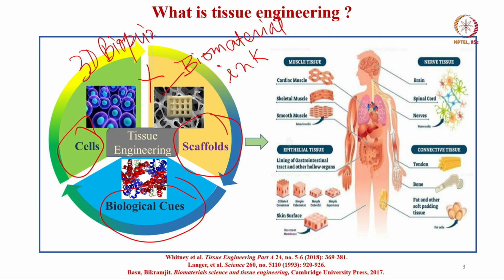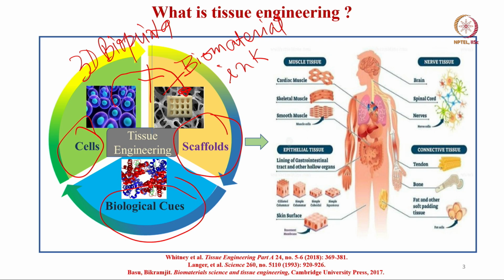So, add cells to it means you encapsulate cells within the scaffold, and the cell encapsulated scaffolds you are essentially 3D printing into a complex structure. So, that complex structure also contains live cells. That means, cells are alive and cells have certain biological functionality. And if you are able to manufacture that kind of structure using a generic additive manufacturing process, then you can call this technique 3D bioprinting.